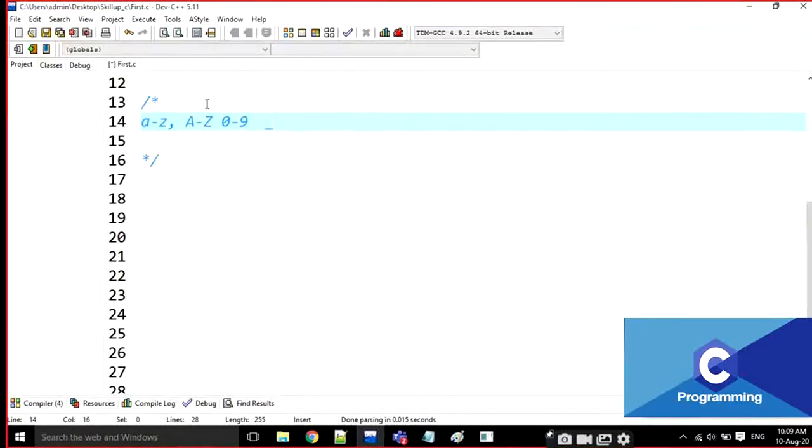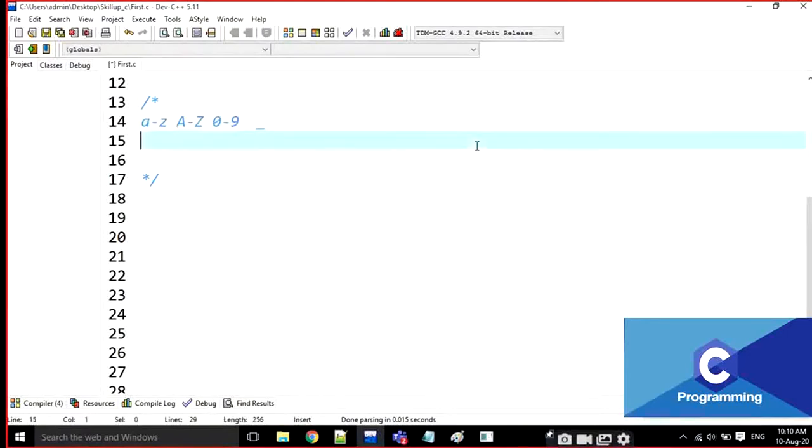Using only these characters, small a to z, capital A to Z, 0 to 9, and underscore, we can write any variable name. We cannot use any other characters.